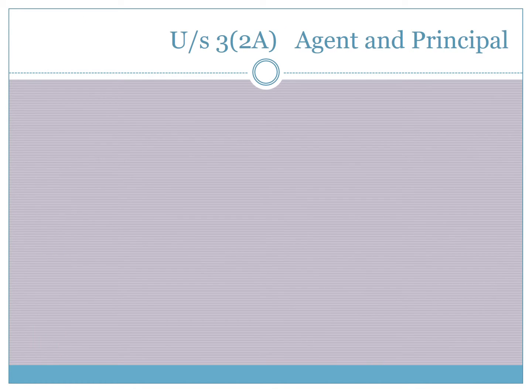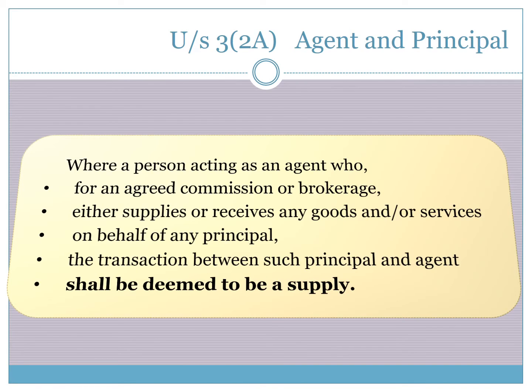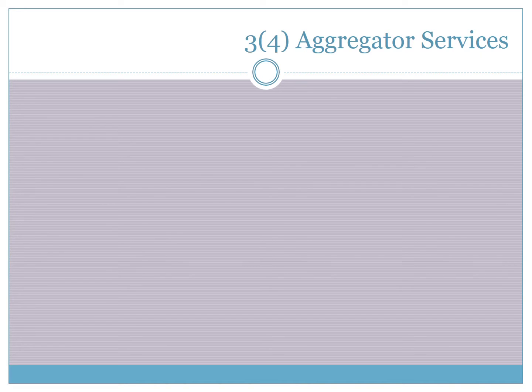Subsection 2A of section 3 defines a supply between agent and principal. It specifies that where a person acting as an agent who, for an agreed commission or brokerage, either supplies or receives any goods and or services on behalf of any principal, the transaction between such principal and agent shall be deemed to be a supply. Subsection 4 of section 3